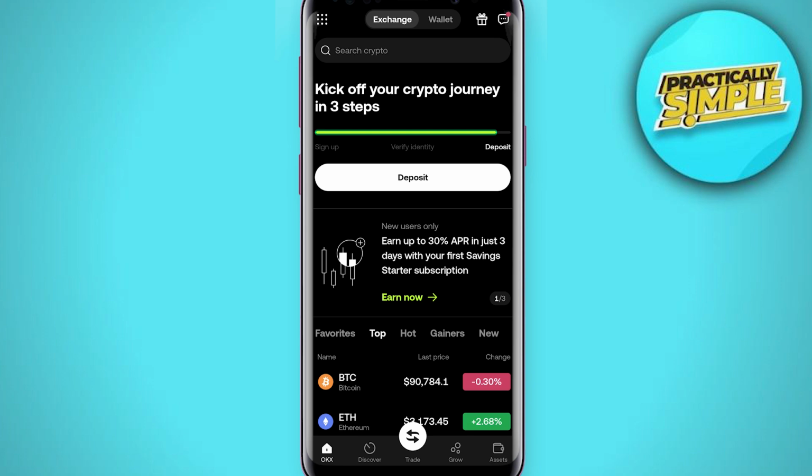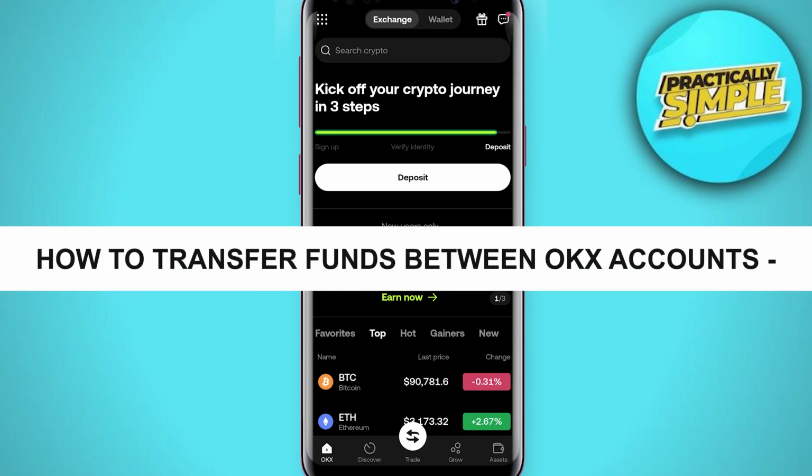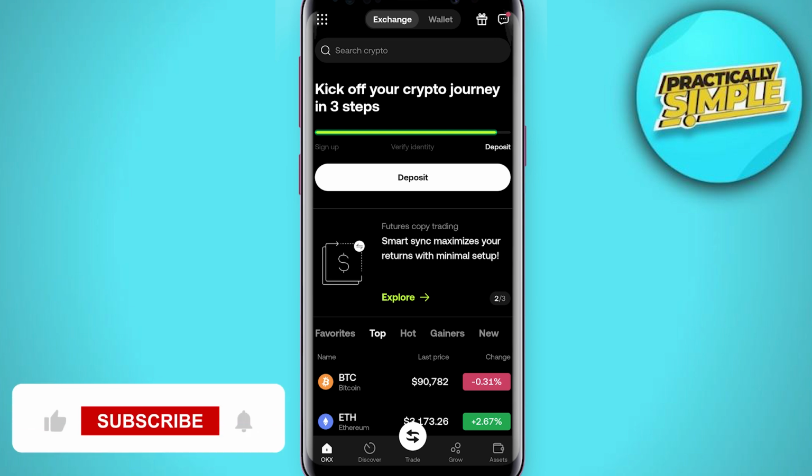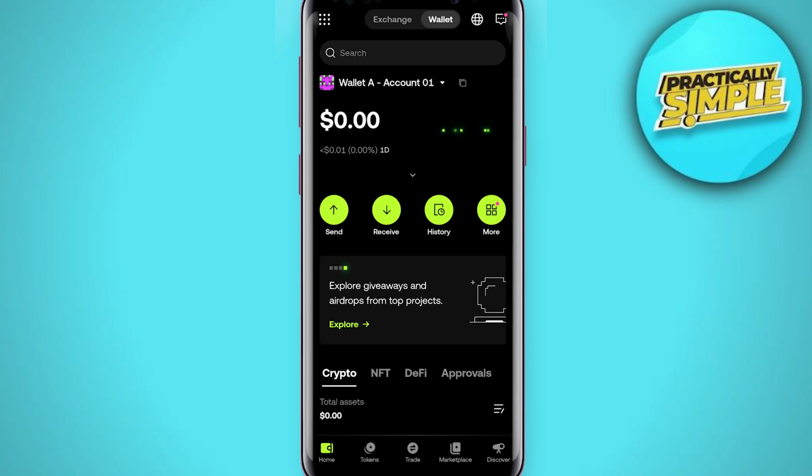In today's video, I'm going to show you how to transfer crypto funds to the OKX wallet. To use the wallet on the OKX app, head to the home screen and search for this wallet at the top. From here, you can send and receive crypto as well as explore a whole bunch of Web3 features. If you already use the OKX exchange, you can quickly transfer funds to and from your new wallet in just